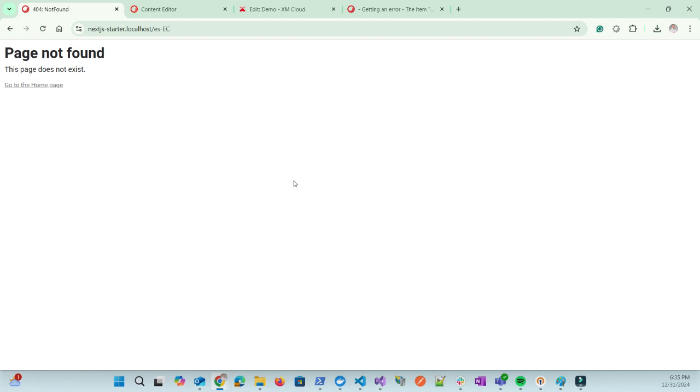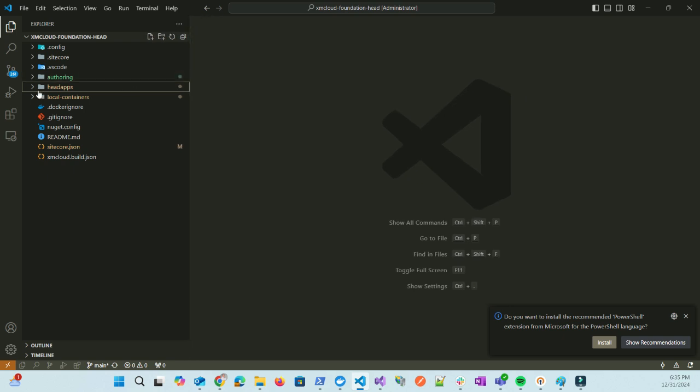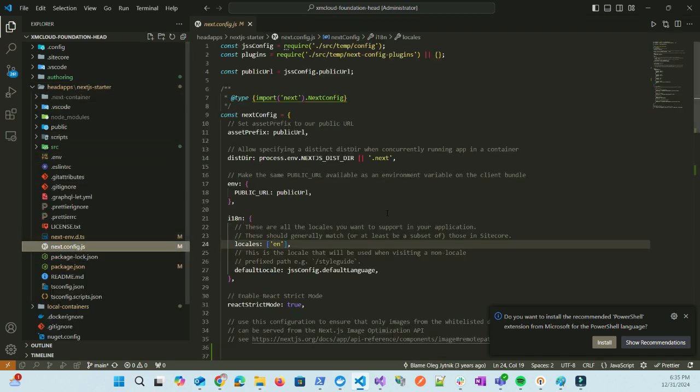But here we have a cool tip. We have to go to our code and let's find the Next.js config file. Go to head apps, and here we have the next.config.ts file. Here in this line, we have the locales languages. So we have to add here those ones that we had created before. In this case, Spanish, Ecuador, and German. Save that file,